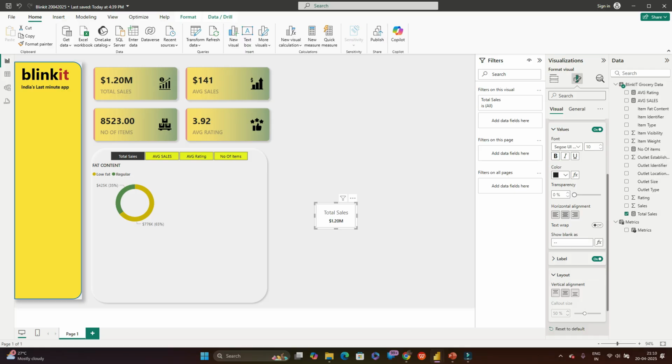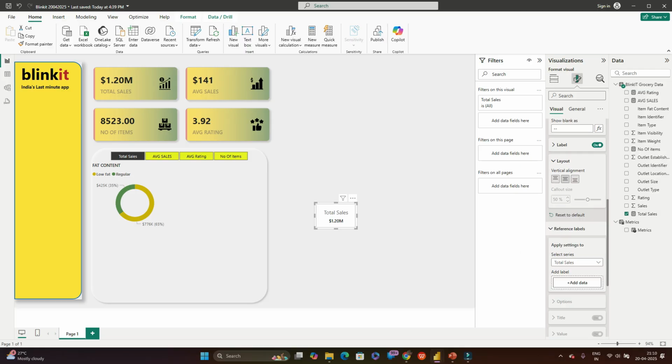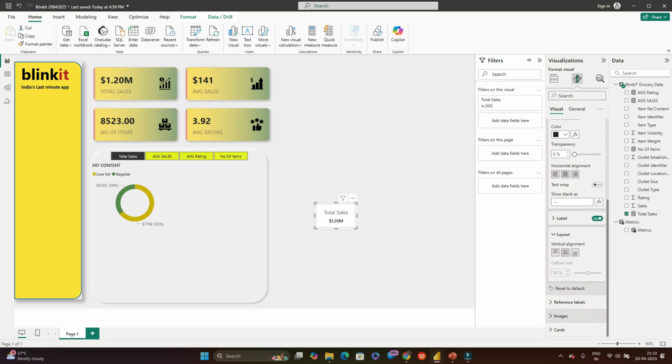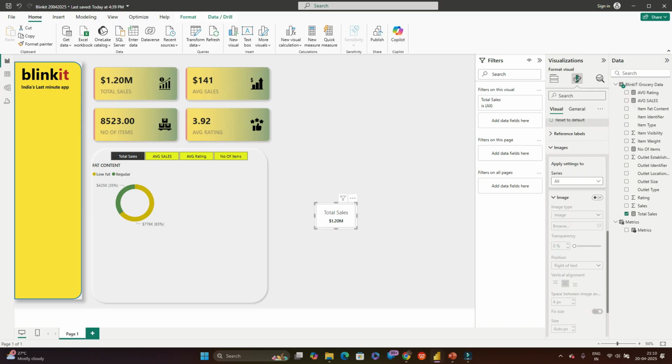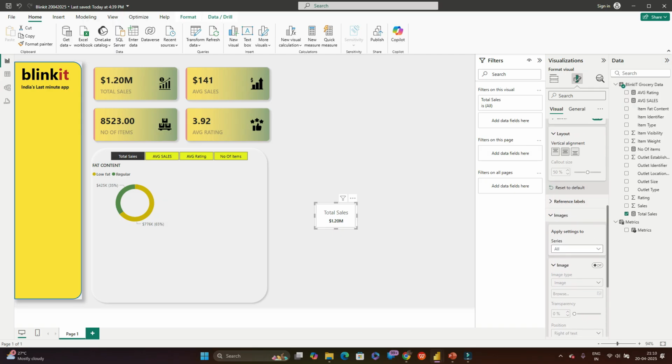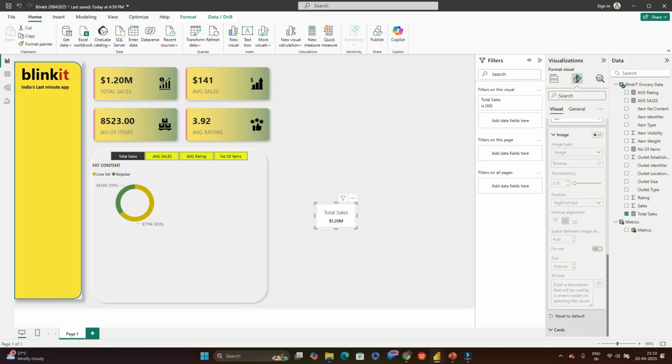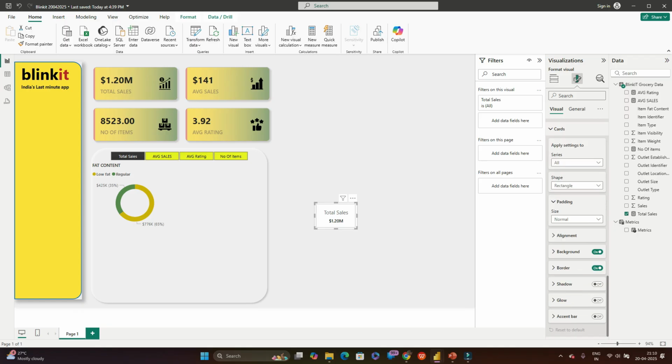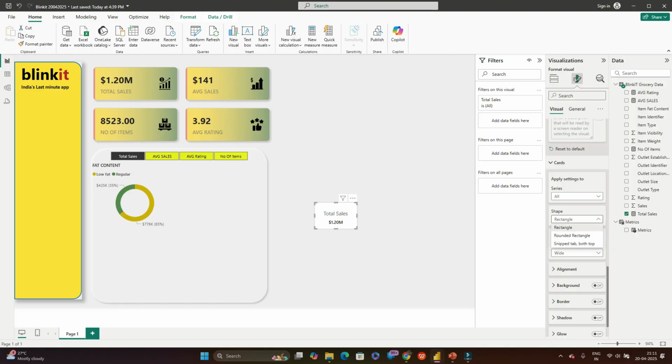Label not required, layout that's fine, reference details not required, images, yes, we are not adding any images. Let's go to cards. Here we can do some alignments. Background is not required, border is not required, shadow not required, and glow not required. So padding wide, and shape rounded rectangle,